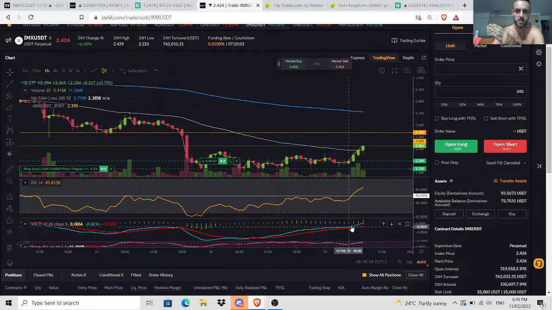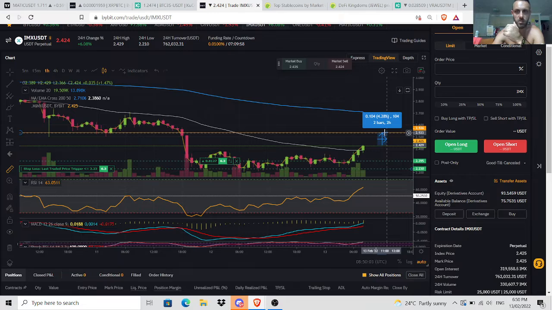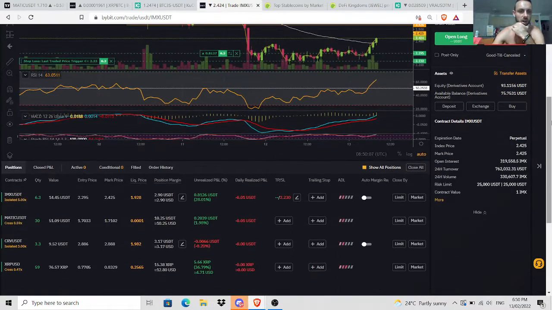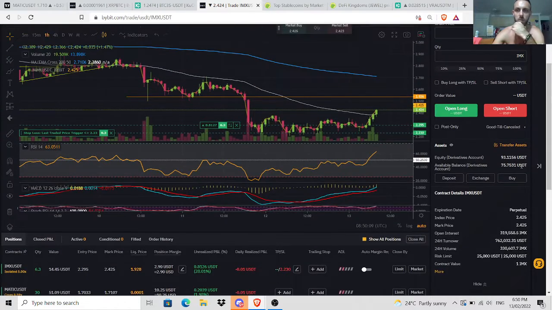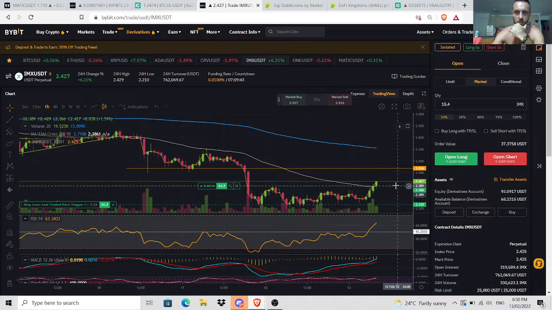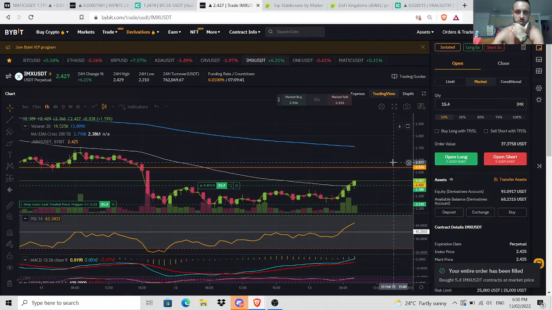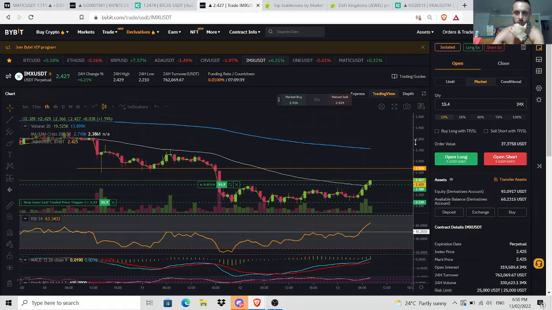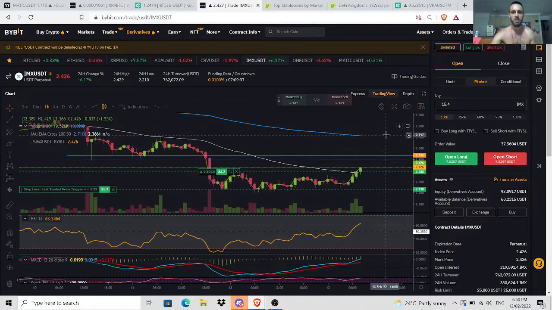We're not in the clear because the MACD is not above the 0, but if we keep going the way we are, we're probably going to come up to either this orange line, a 4% gain, or this blue line, a 10% gain. Alright, now I haven't got huge exposure here right now, and I'm 30% up. So I'm going to market order, I'm going to buy this, and look where it's going to send my average entry price, right? And I'm willing to hold this. Because it's going in my direction.